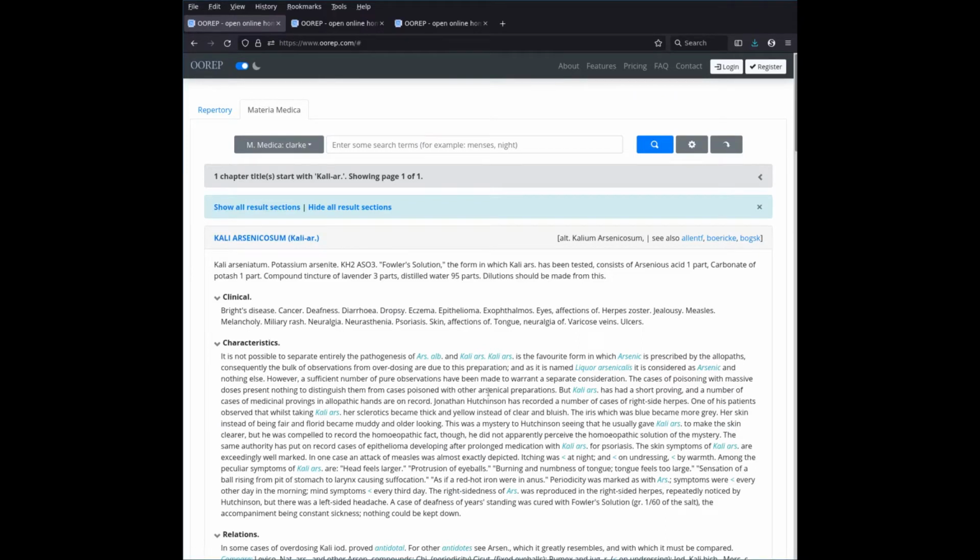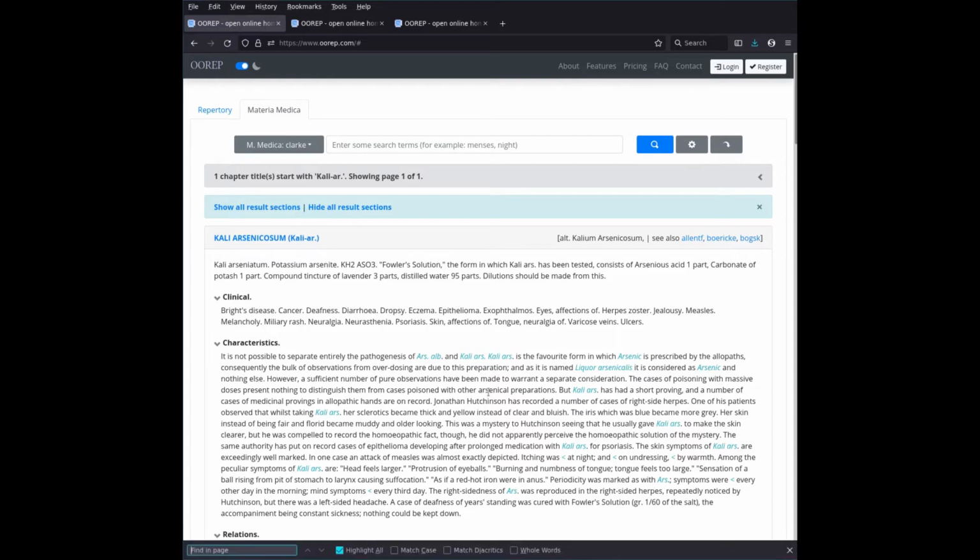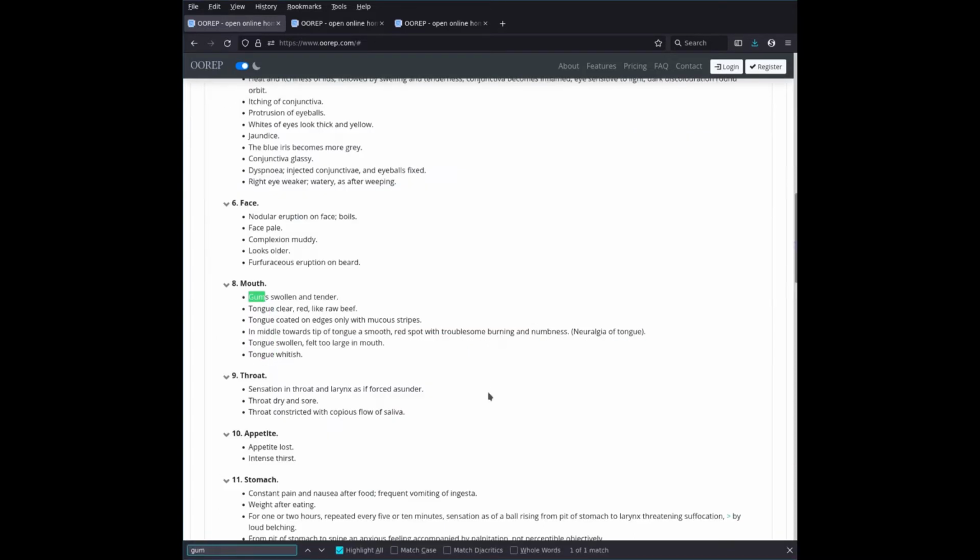But in this case, I really recommend and want you to use the browser. This is a browser application, and you should make use of the browser because this is the intention. This is the intended use of OOREP. I don't have to implement certain functionalities if they're already in the browser. So use the search function here, and then, for instance, look for gums swollen, and you find it again just using the browser. And the other thing you can do here is